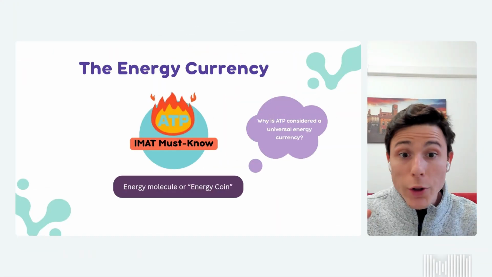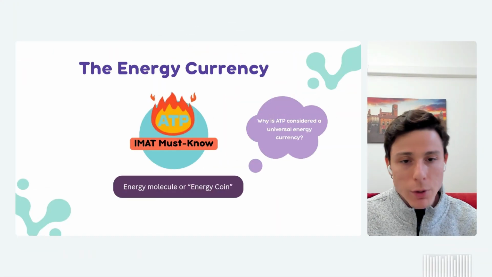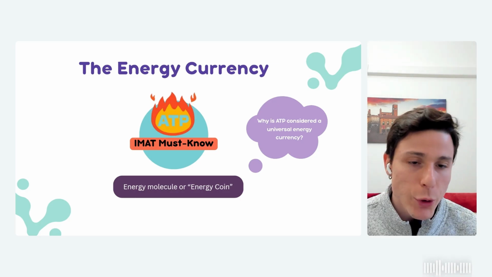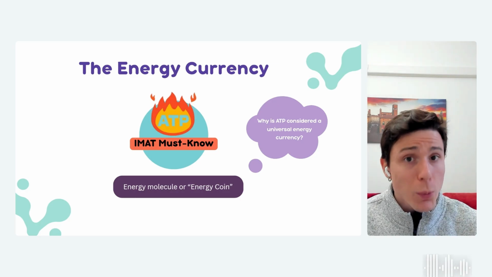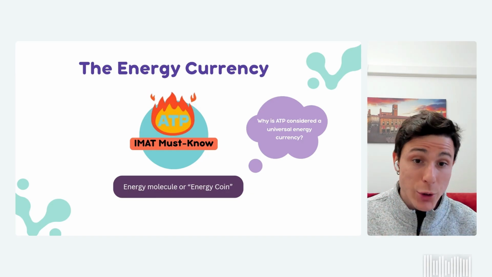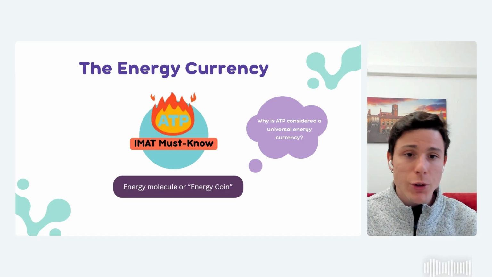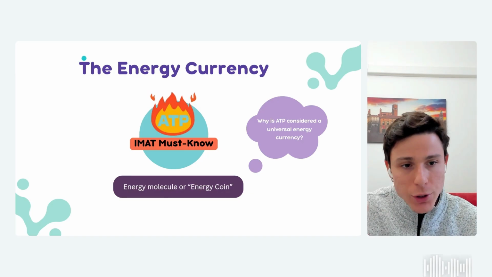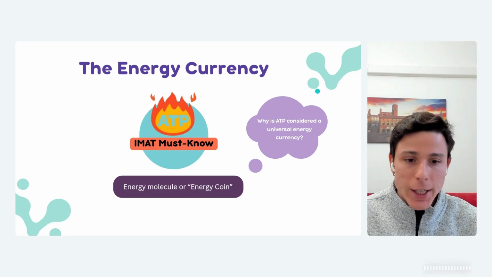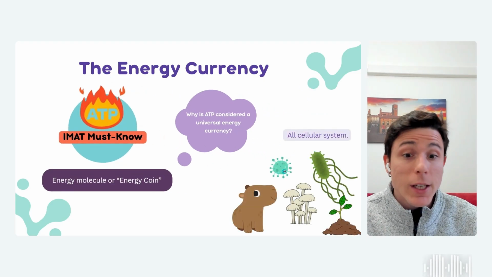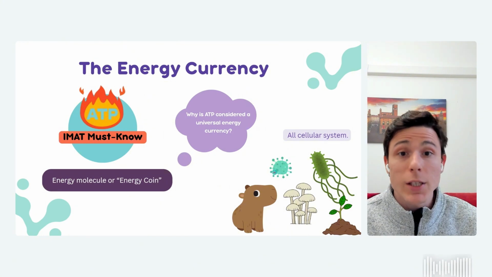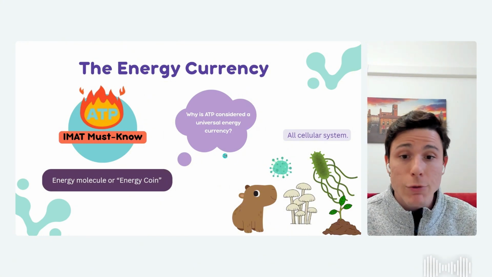All right, so there's no other way to start talking about biochemistry without talking about ATP. This is one of the most important molecules in our body and is responsible for almost every single reaction that our body undergoes. ATP is basically considered the energy currency. Not just that, it's also considered a universal energy currency, and the reason is that every single being on this planet requires and depends on this molecule. There's no single being that can survive without ATP.